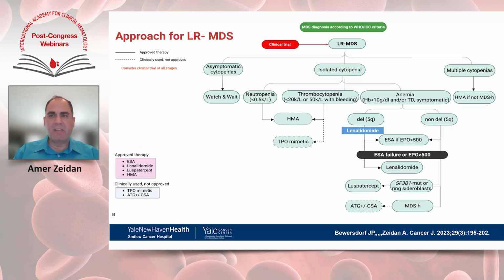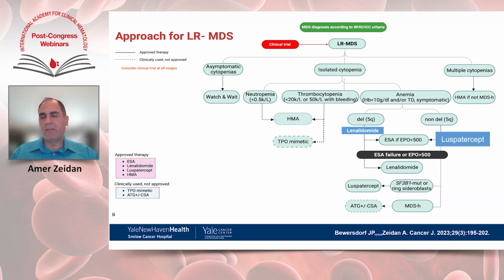And the treatment paradigm for MDS based on these developments in the US, where these drugs are available, has really evolved. So historically, the primary treatment for lower risk MDS in patients who have anemia as the primary problem used erythropoiesis stimulating agents. However, based on the COMMANDS trial, which was published last year, and I'm going to show you some of this data, luspatercept became the frontline agent in anemic patients with lower risk MDS if they do not have deletion 5q. Of course, if they have deletion 5q, lenalidomide continues to be the primary targeted treatment.